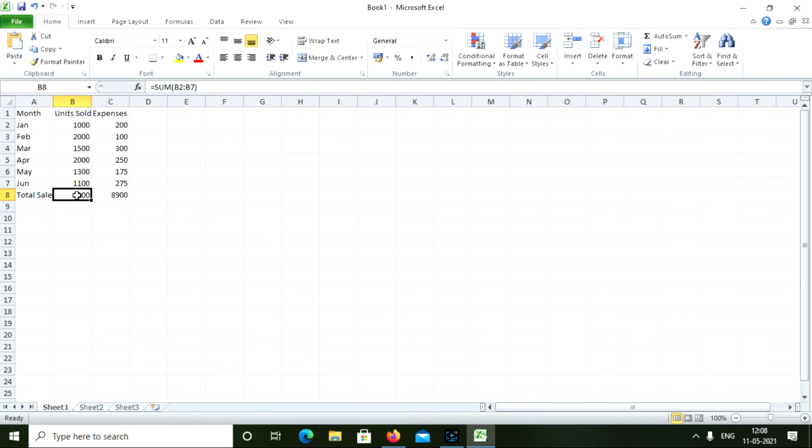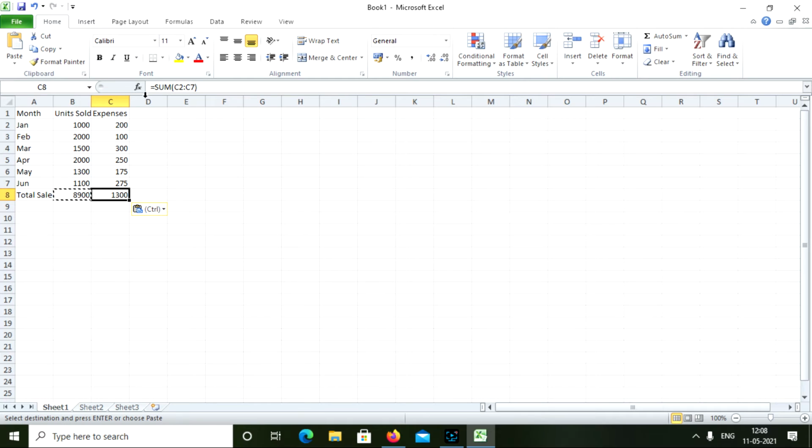Now I have to select this cell B8 and now I have to click on the copy button. Where is this copy? This copy button. Now I am selecting C8 and clicking the paste button. Now you can see I am copying the formula from this cell B8 and I am pasting it over here in the C8 cell.